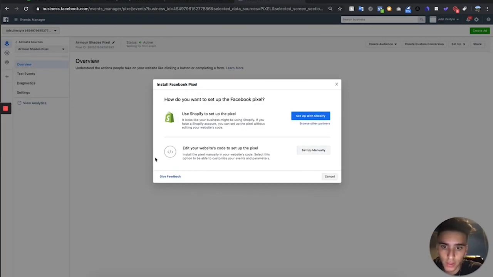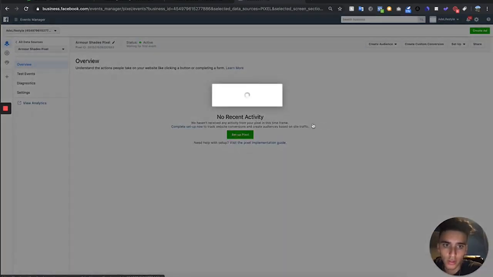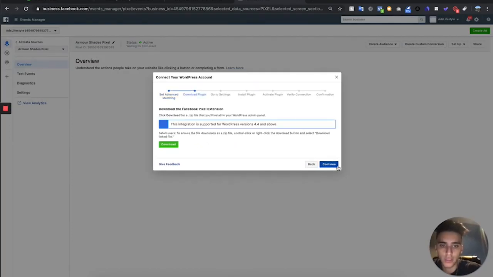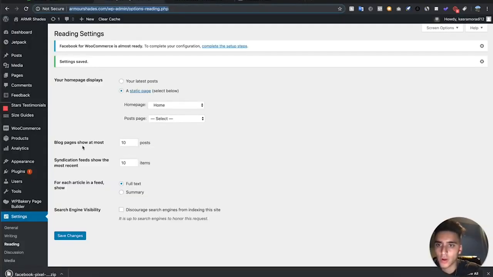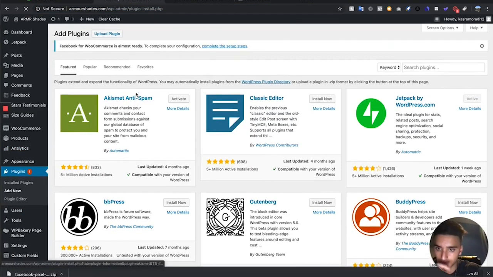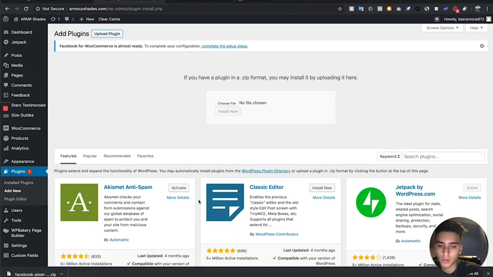Right here we don't want to set up with Shopify. We want to set it up with WordPress. So we're going to hit continue, and then we're going to download this because it's going to give us a plugin. And we're going to go back to WordPress, go to plugins, add new. And we're going to upload that plugin. And we're going to drag it right there, hit install,